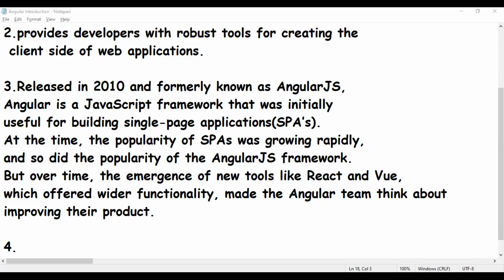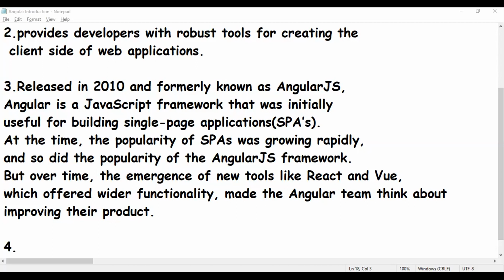Then they introduced a popular command line interface, and they introduced an entirely component based architecture. Earlier it was using the MVC, model view controller architecture.